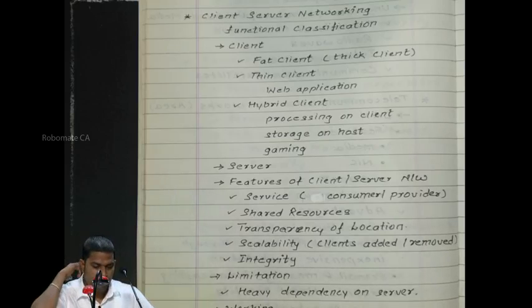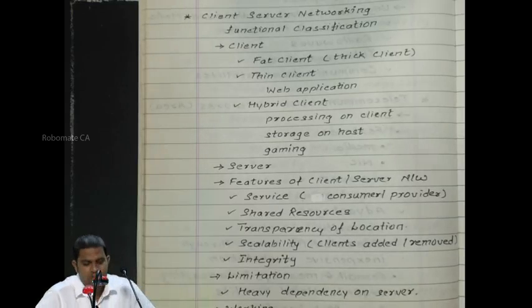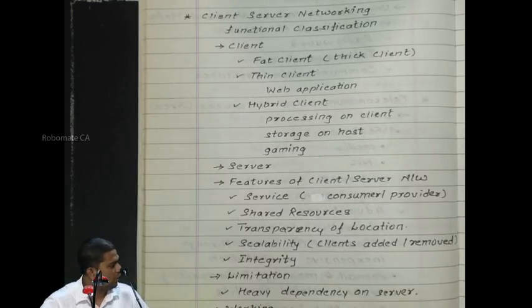Okay, we're now beginning with the functional classification of a telecommunication network, and the first type is called client server networking. This is a type of network which follows certain architecture, or it follows a specific type of functioning. So we call it functional classification. Okay, so let's try to understand client-server networking. Actually speaking, I need not explain all these things. You know it. Client-server, the diagram I had drawn, it is on the same lines. But let's try to understand some technical details.